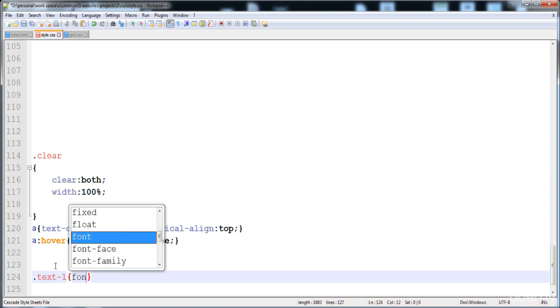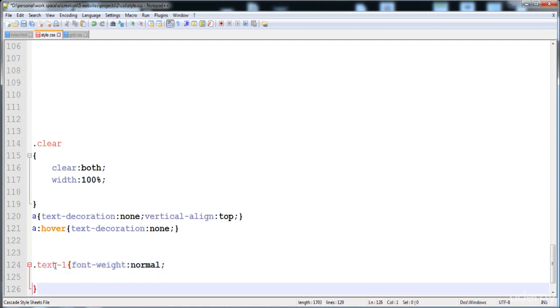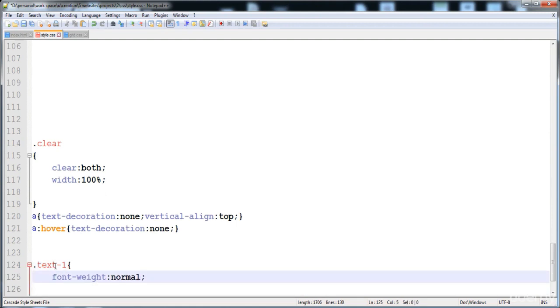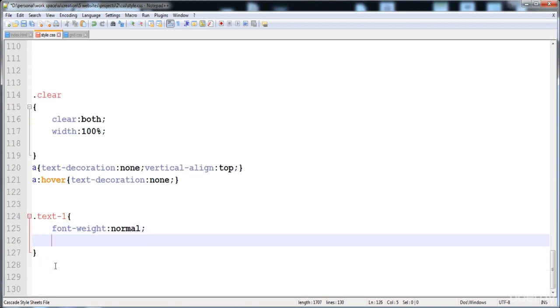Here is first of all font weight. Here I'm gonna apply the font weight normal, and then here I'm gonna add the space, and then I'm gonna apply the color of the text as black,